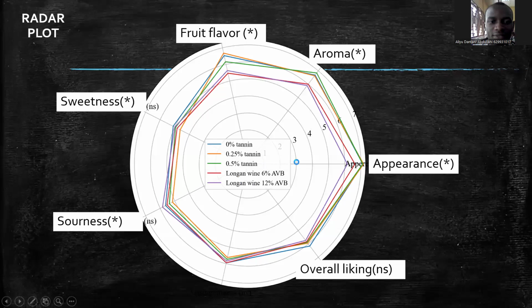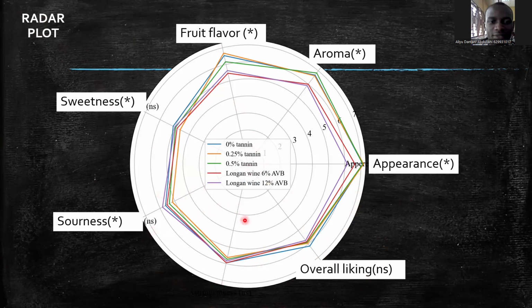Now, this is what we call a radar plot. People who do sensory evaluation, people who do nutrition, by and large, I see some data that require a radar plot. More people present them as tables. They look very confusing and boring to interpret, right? But if you use a radar plot like this, here we are telling people that maybe we made a juice